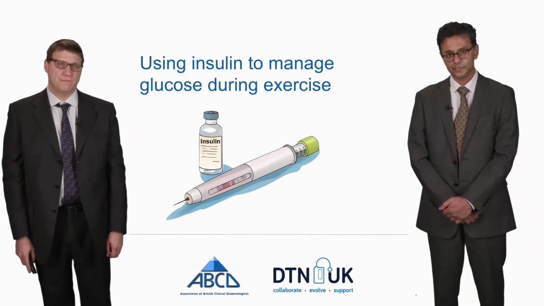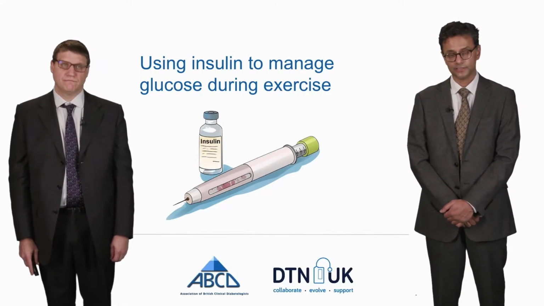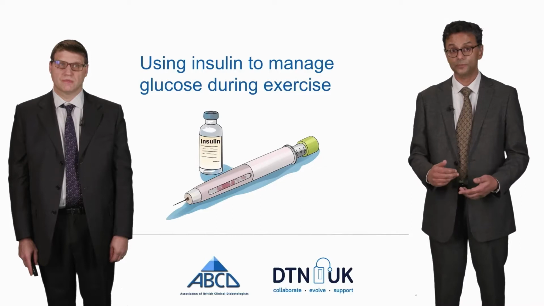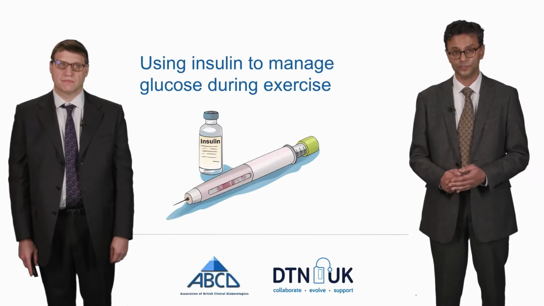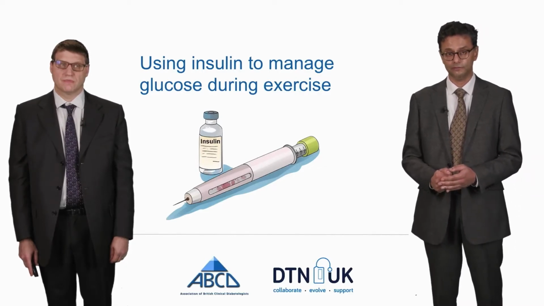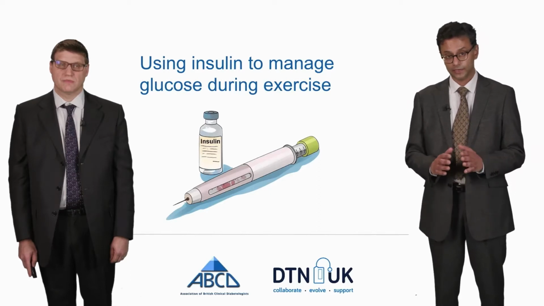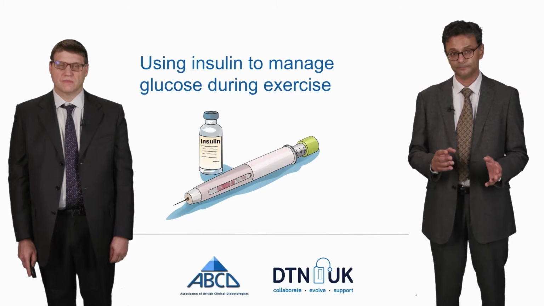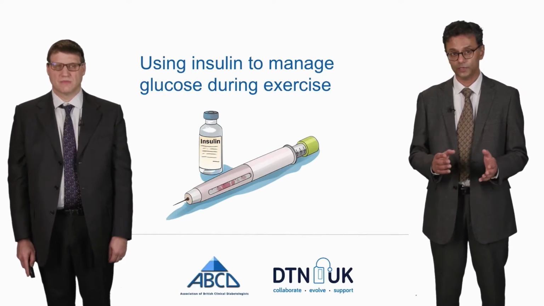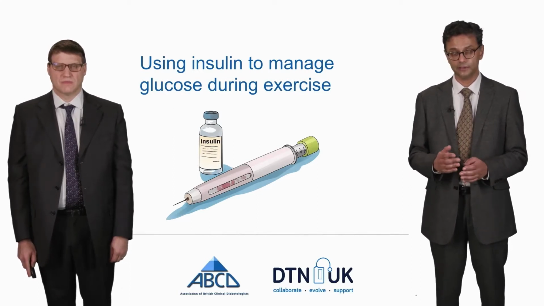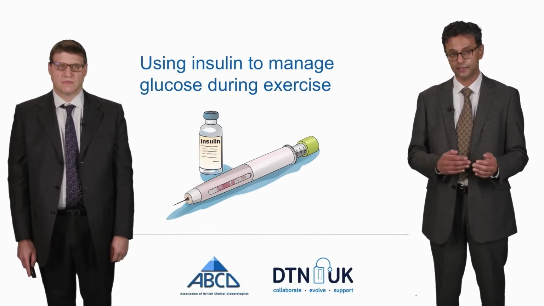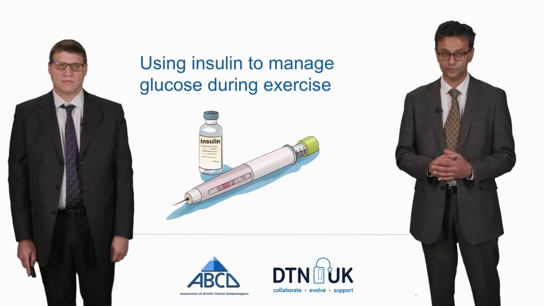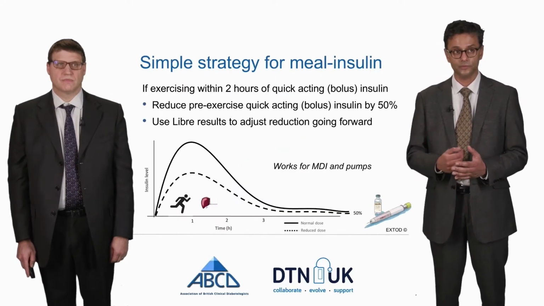So now we've spent a bit of time talking about the physiology of exercise and some safety aspects. Now we're going to talk about some of the principles we can use to manage glucose around exercise. And here we're going to concentrate on the principles during exercise, and we use this mnemonic called ICE, and it stands for insulin, carbohydrates and exercise, because these are 3 things that can be used to manage the glucose. So first we'll start with insulin.